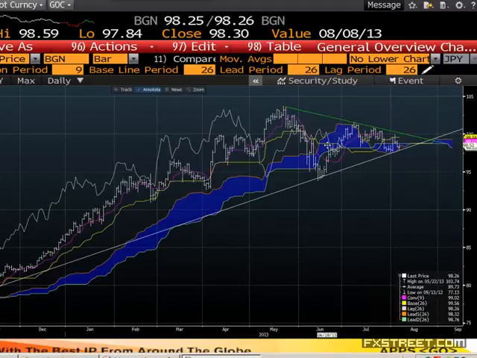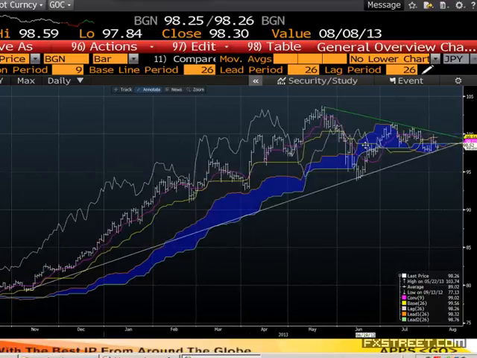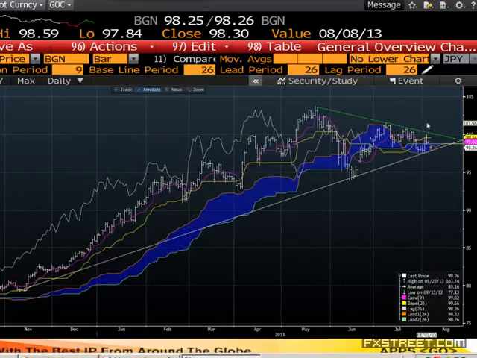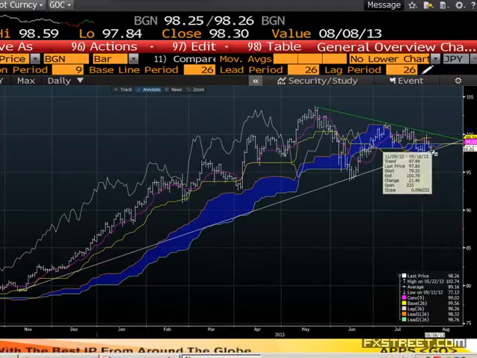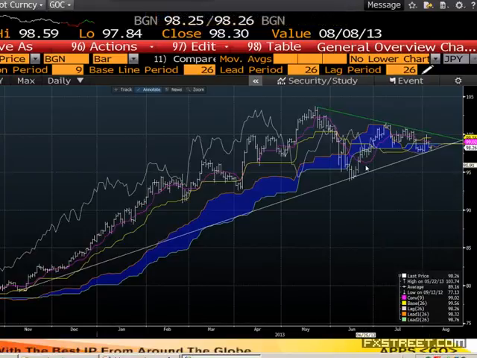But likewise, there isn't too much of a direction here. We're stuck within a bit of a triangle. If we break out of 130, which has been the highs, or 108.40 even, which were the highs from last month, then that opens the way for maybe another retest to 105. But if we don't, and we get sub this 98 level, then why not go back to the lows of June?